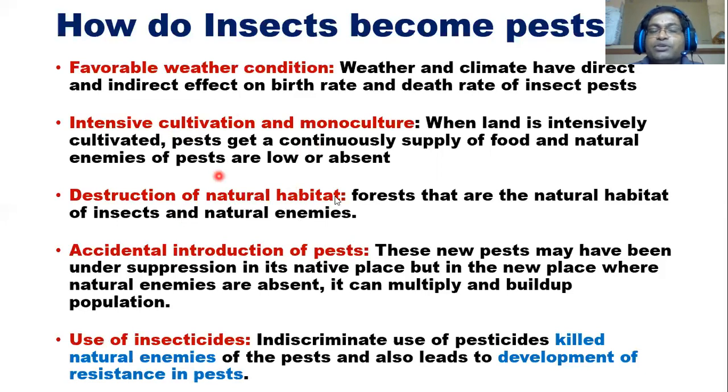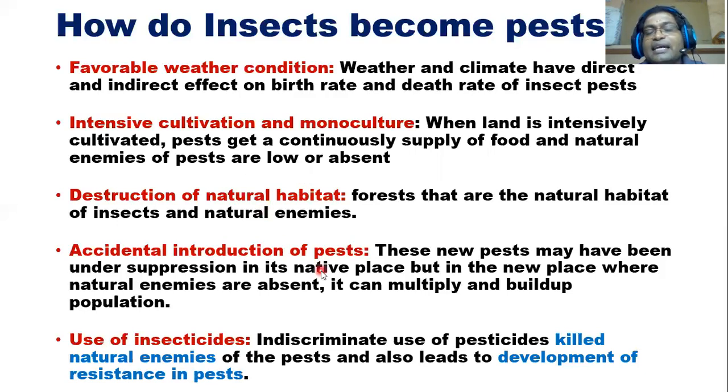And also, while you are clearing the land, destruction of natural capital is the third one. While you are converting forest land into agricultural land, you are severely removing the flowering plants and herbs that are breeding sites for the natural biological control agents, parasitoids and predators. Predators hide there and can catch the insects for food and multiplication, parasitization. If you destroy these natural habitats, then the biological control agent population will decline. Then there is no natural control factor for a particular insect, so the insect population will be high and it will become a pest.